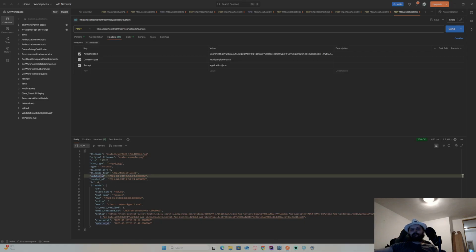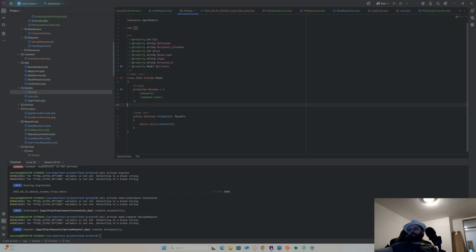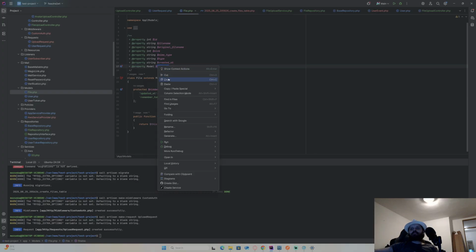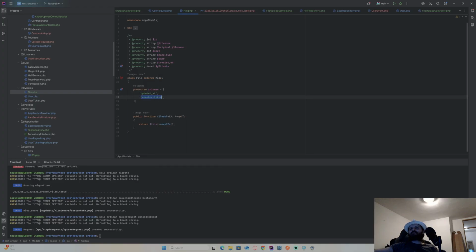Now, let's just update that. Created at I'll return. Object type is going to be hidden and fileable type is going to be hidden. So fileable object, definitely fileable type is going to be hidden.